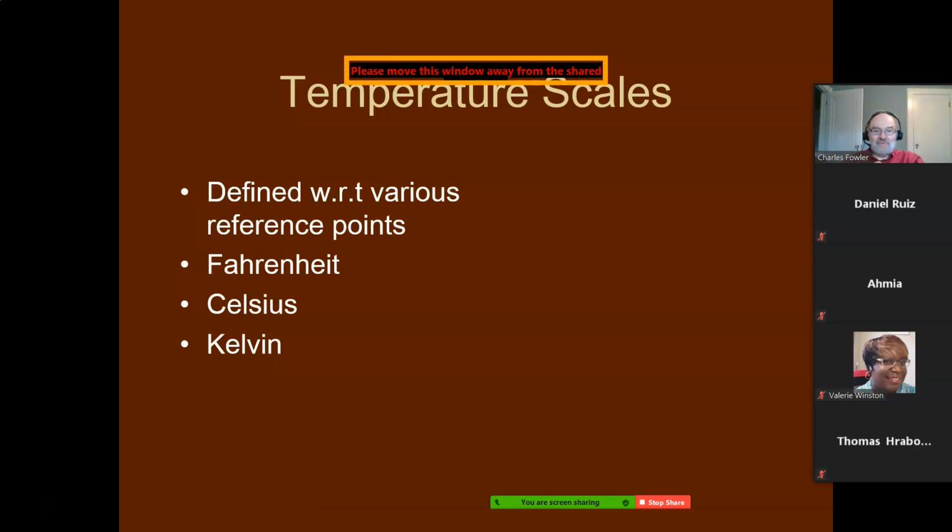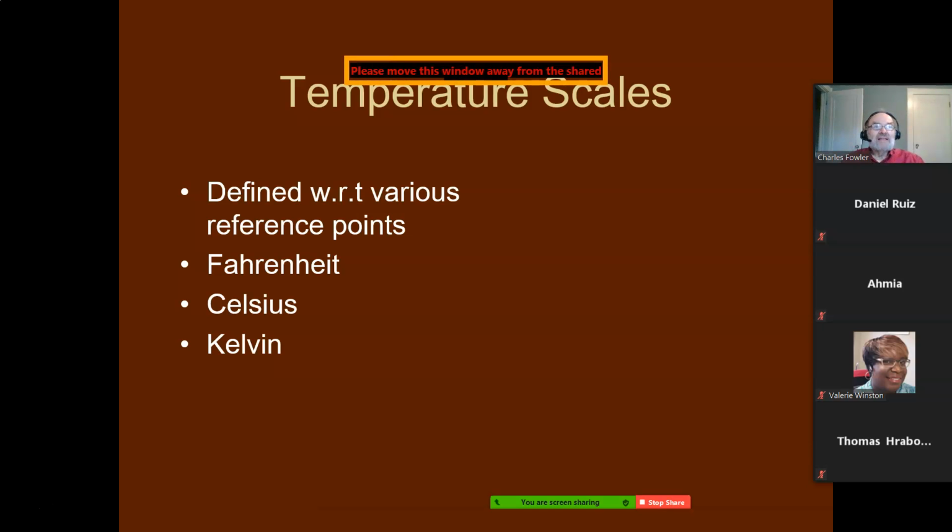I worked with an engineer down in Florida when I was at Southern Research Institute, and if she ever had a temperature greater than 97, she had a fever. For most people, 98.6 is normal temperature. Her normal temperature was 97 degrees. If she had a 98.6, she was sick. Okay, she had a pretty high temperature. So that's probably not the best thing to use as your reference point, but he chose that